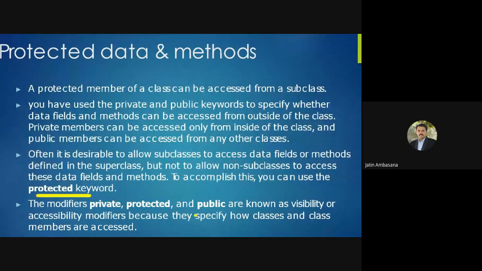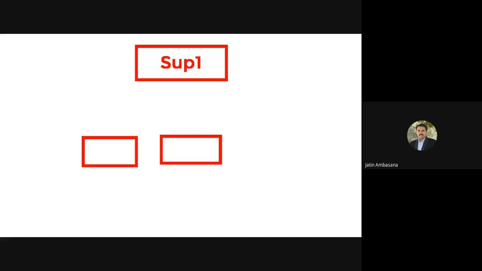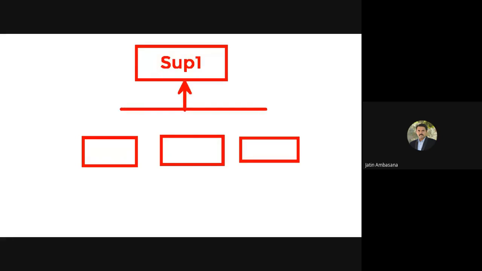It's something like this. You have a superclass, and now you have subclasses. These subclasses inherit from this superclass.